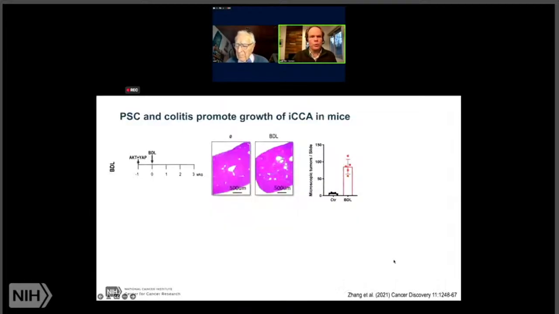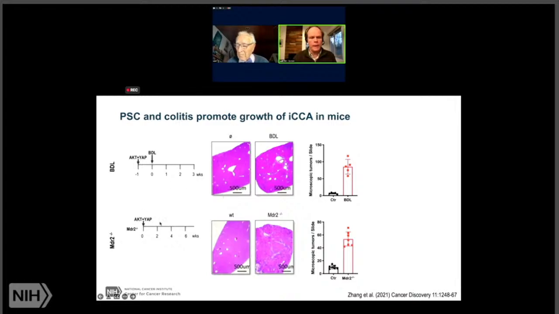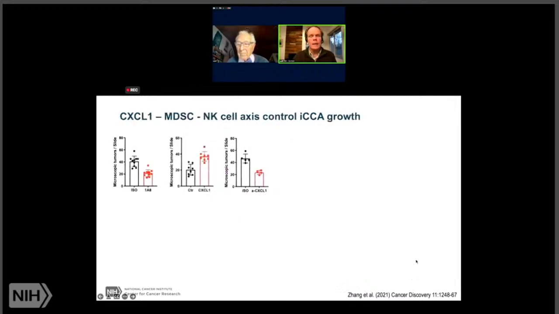So what I would like to show you now is if we combine the models where we induce tumors by injection of oncogenes, in this case in combination with hydrodynamic injection, we indeed see that these mice develop more and larger tumors. The same applies to a second model where we use now MDR2 and oncogenes, or if we induce colitis. But basically anything that I've shown you so far that controls the MDSCs also controls tumors now. So if we block MDSCs, we find fewer tumors. If we overexpress CXCL1 in the livers, we find more tumors.